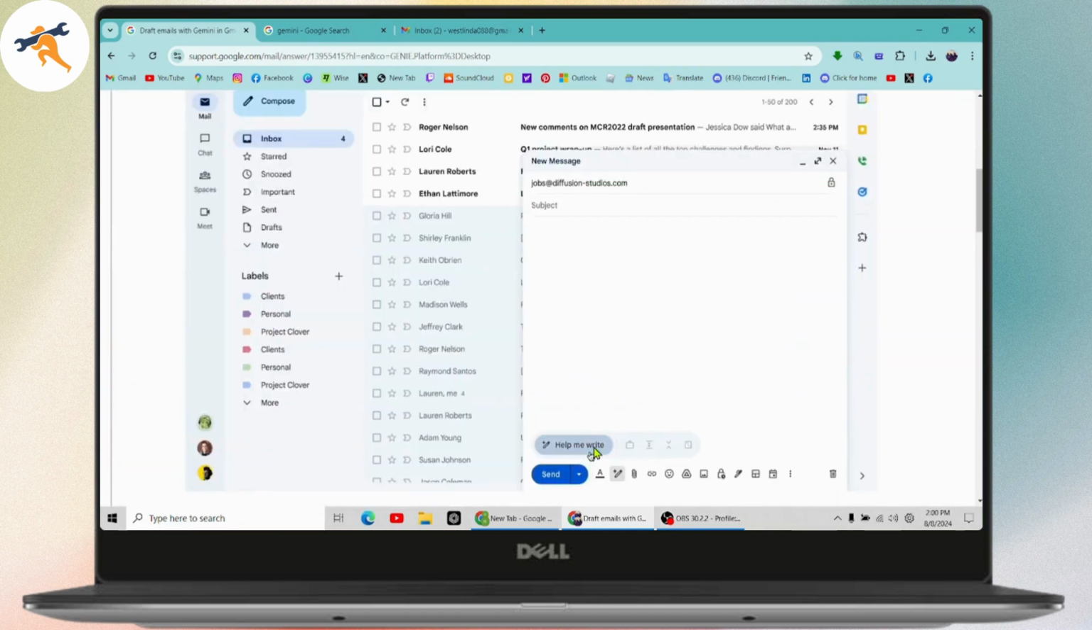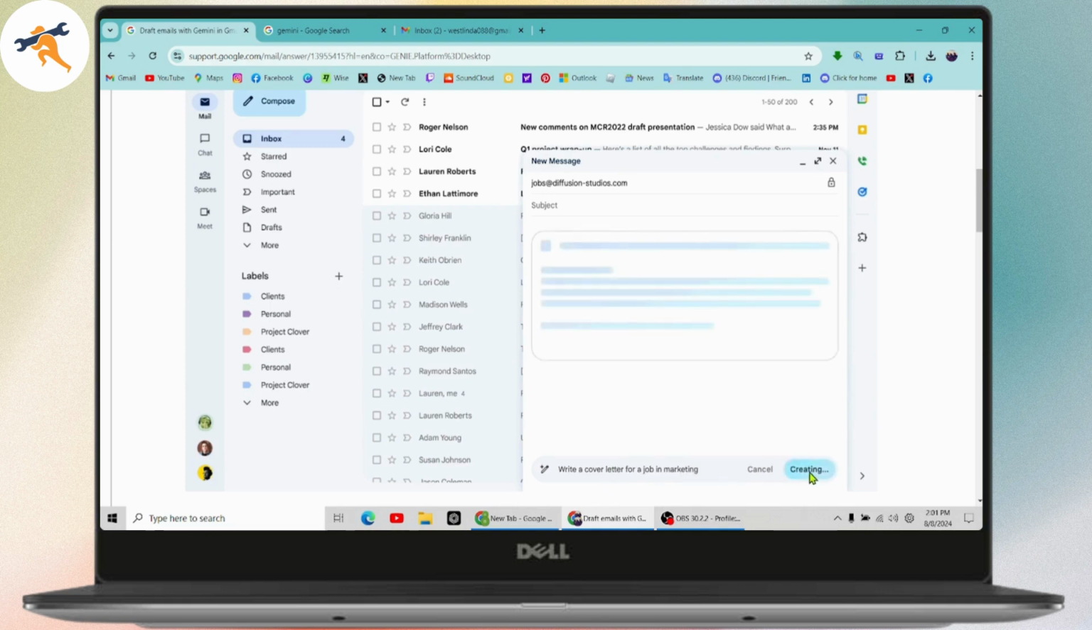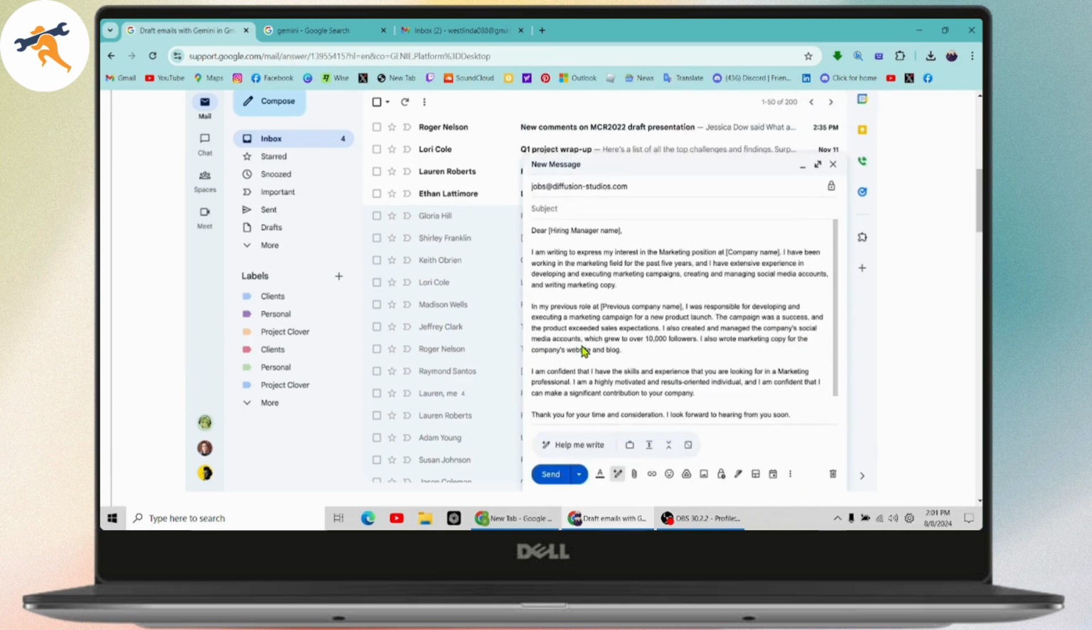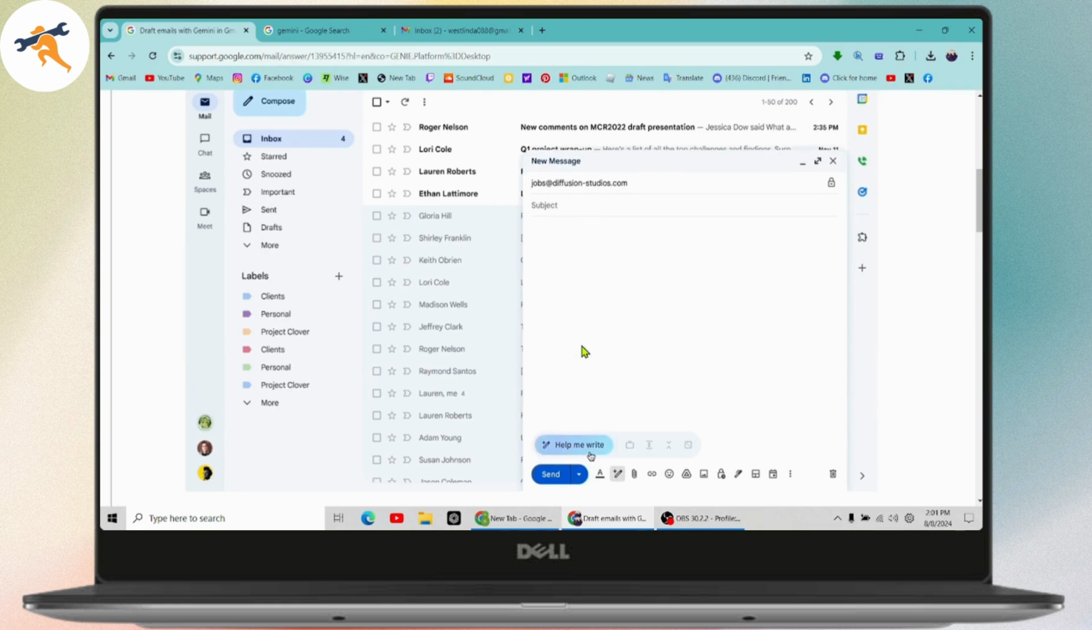And if you click on help me write, which is here, then you can enter something like write a cover letter for a job in marketing. And then Gemini Advanced will create the cover letter for you, and then you can insert it and it will help you in writing the emails. So that's how you can use